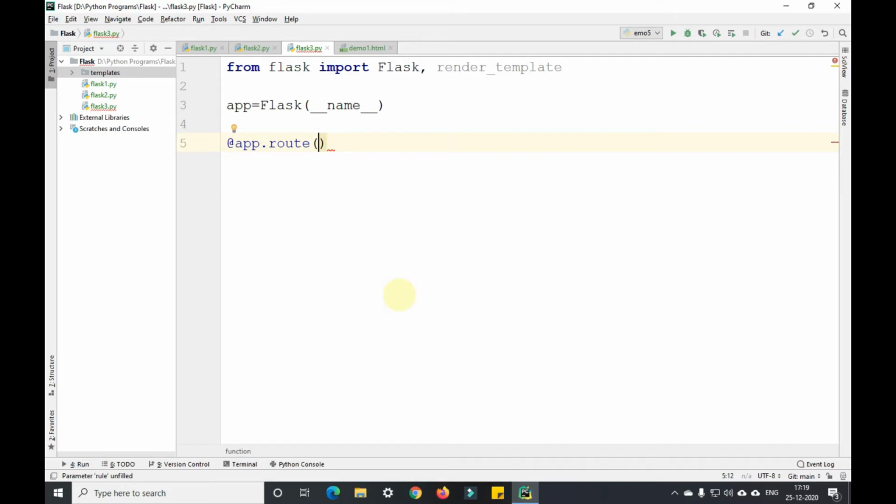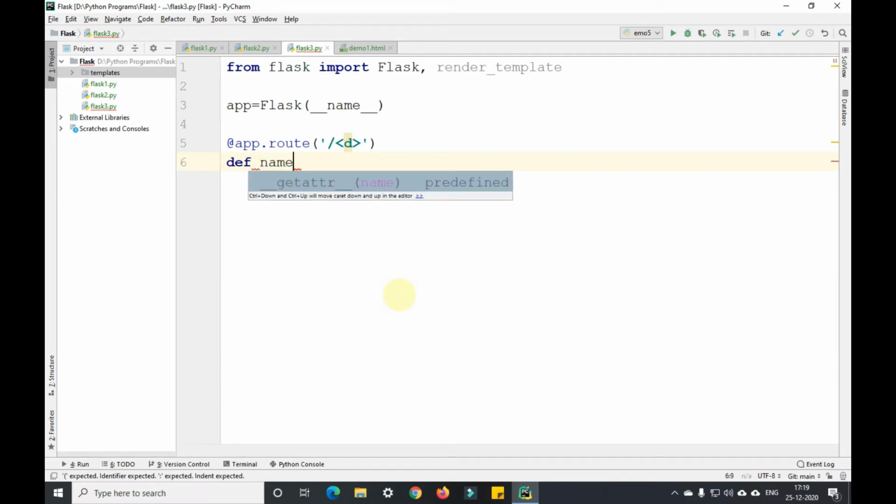In single quotes we'll redirect it to slash, then the random variable name D. I'll tell you why I'm giving it like that. After that we'll define a function called name of D, with a colon.